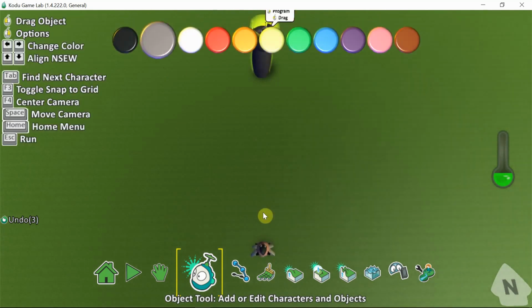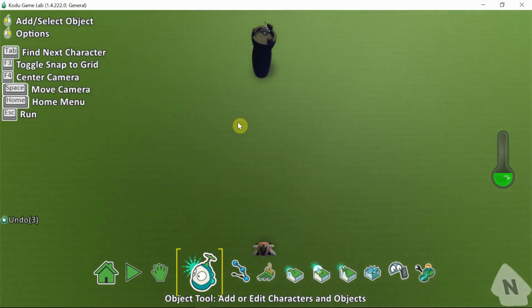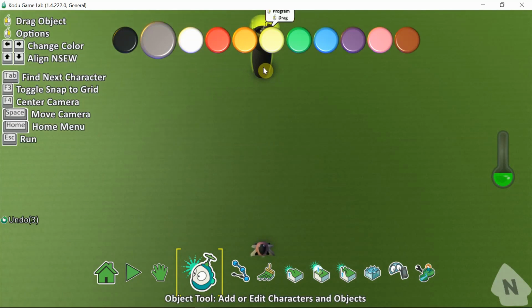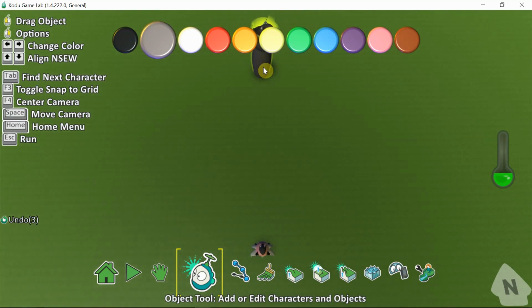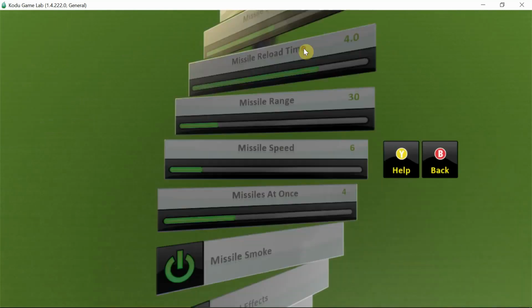So what is the purpose of the jet here? The purpose of the jet here is to blow up the castles which are around this main castle. This main castle should not be blown up. So it has to be saved from the missiles of the jet. I'm right clicking on the castle here. I go to castle settings and I make this castle indestructible, that is invulnerable.